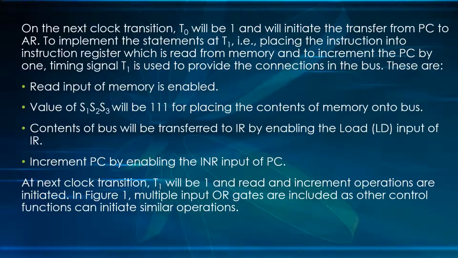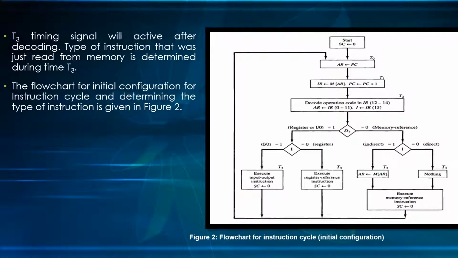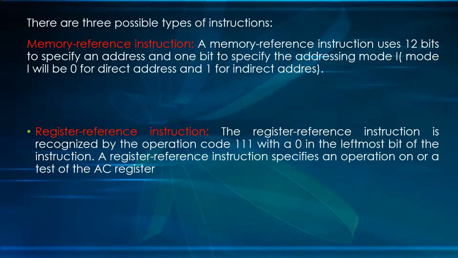Type of instruction determination. T3 timing signal will be active after decoding. The type of instruction that was just read from memory is determined during time T3. The flowchart for the initial configuration of the instruction cycle and determining the type of instruction is given in figure 2. There are three possible types of instructions present in the basic computer, and these are: